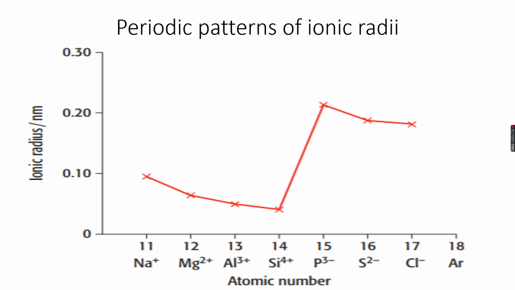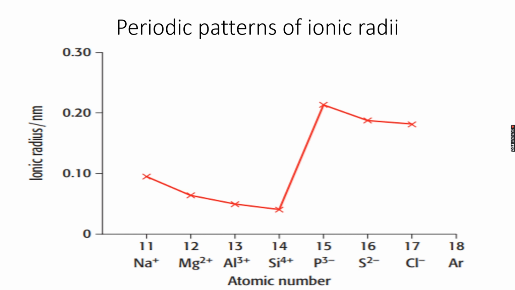Now this is again because from sodium to silicon, nuclear charge increases, and as a result, the force of attraction between the nucleus and the outermost electrons increases, and therefore the outermost shell is pulled closer to the nucleus, and therefore ionic radius decreases. However, what you see over here is that from silicon to phosphorus,